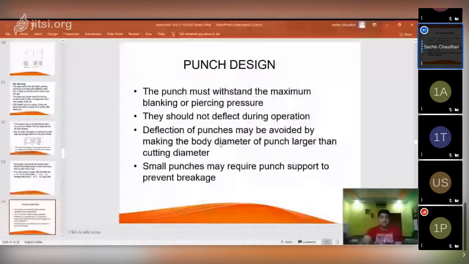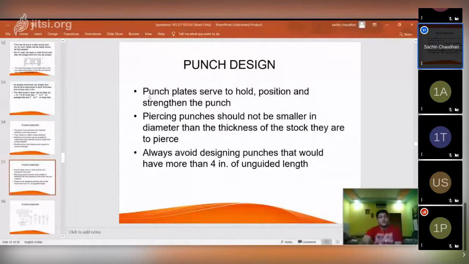Small punches may require punch support to prevent breakage. This punch support is the flanges. Okay, so punch plate serves to hold position and straighten the punch. Okay, punch plate जी आहे ती, because punch plate holds the punch.